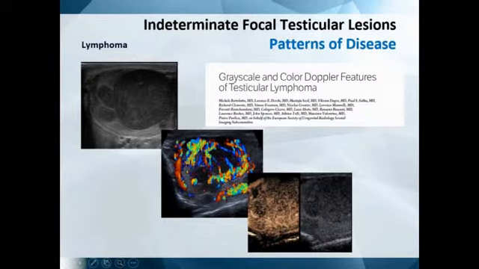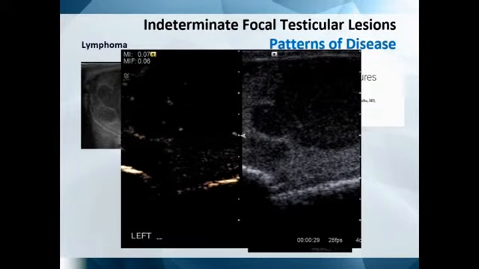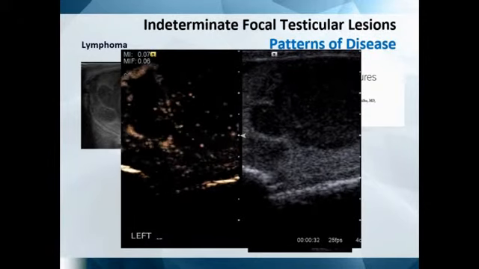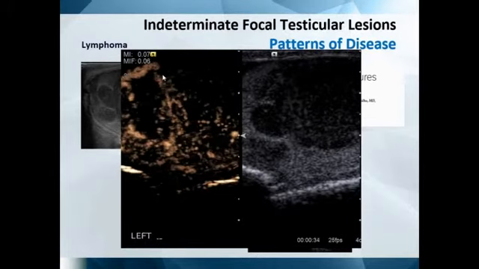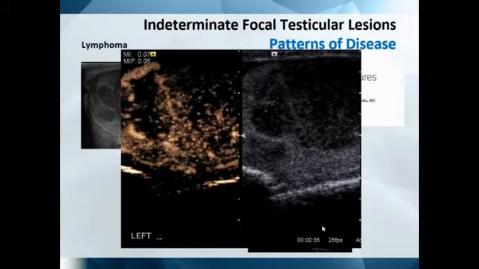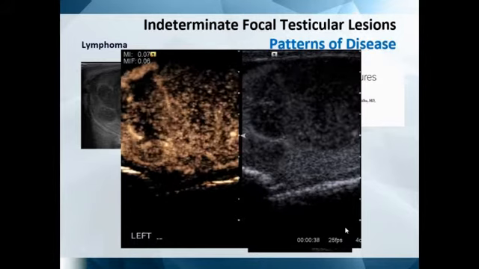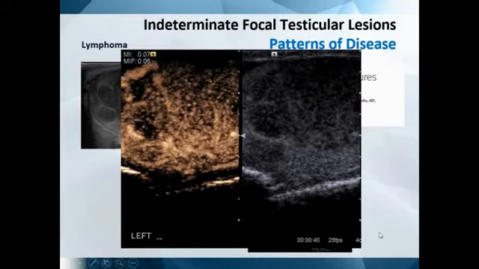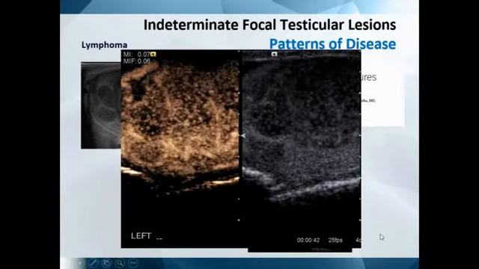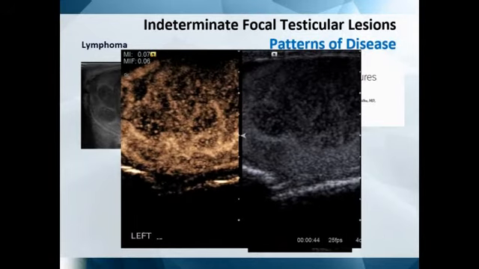So there's linearity in the color Doppler flow within that lesion, and this is mirrored in the contrast-enhanced ultrasound examination and the color Doppler ultrasound examination. So this too may be a test for whether or not that lesion is a lymphoma. And this again alters management, because if it is a lymphoma, you're looking at that patient in greater detail and